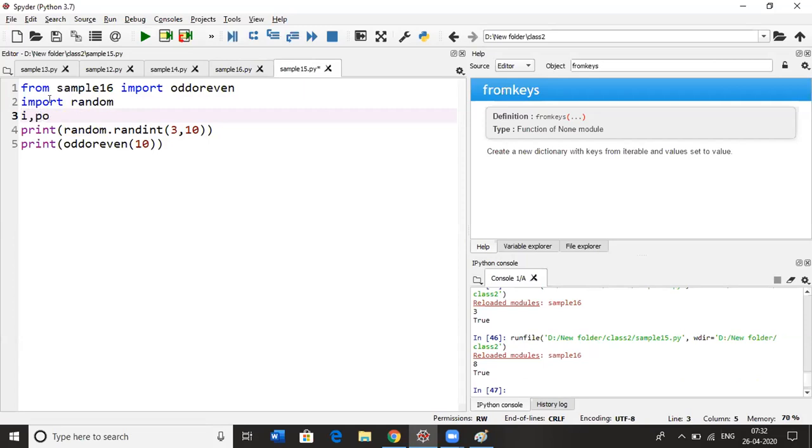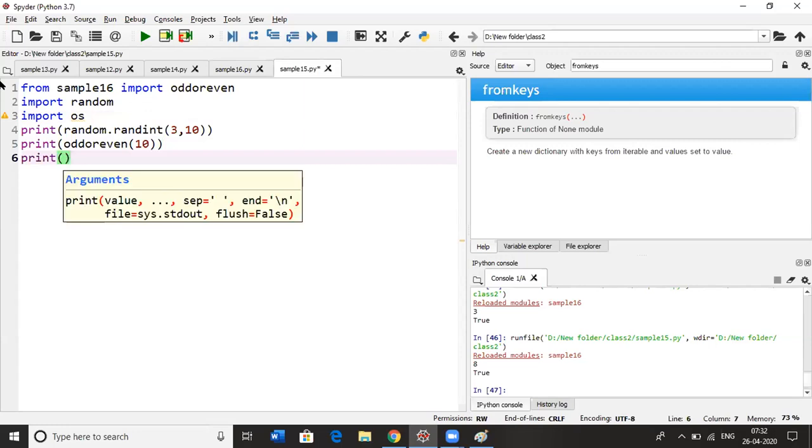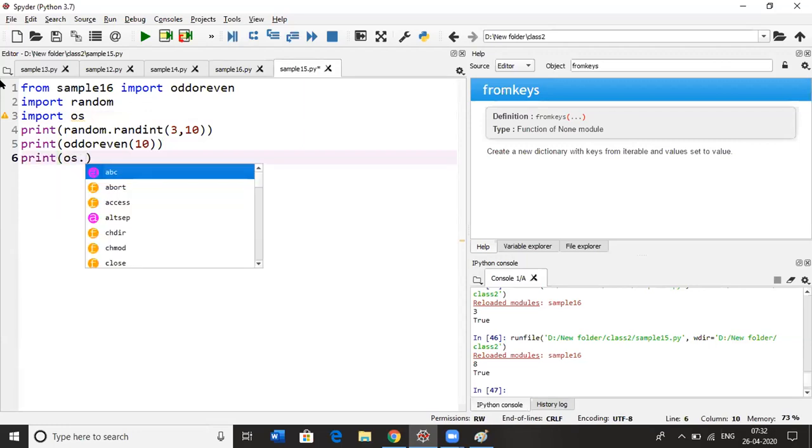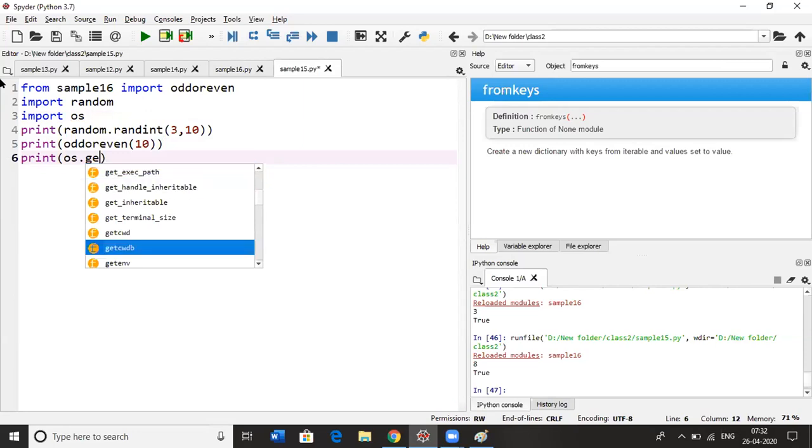That is very useful. If you want the current working directory, you can use the os module to get it: getcwd, which is current working directory.